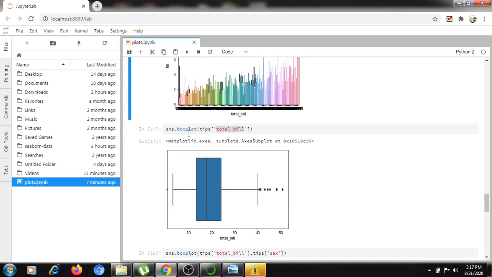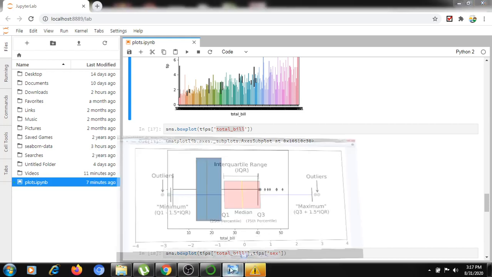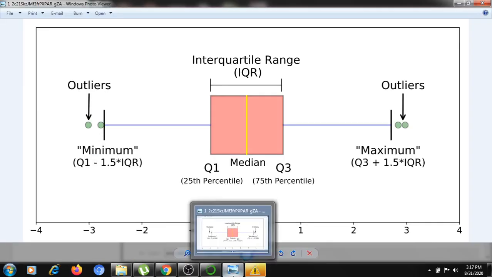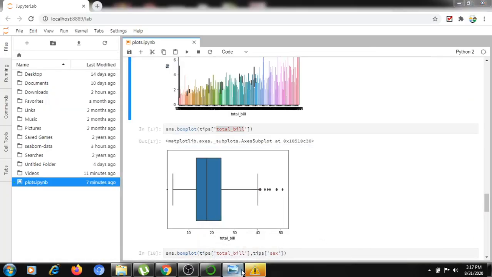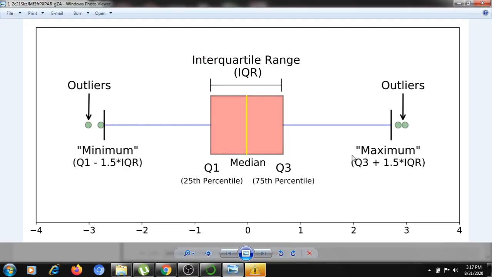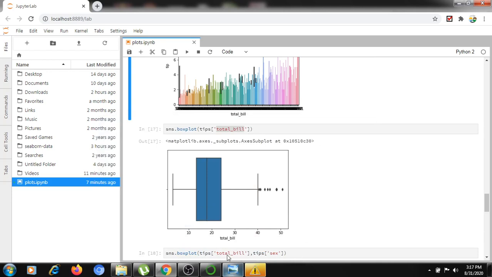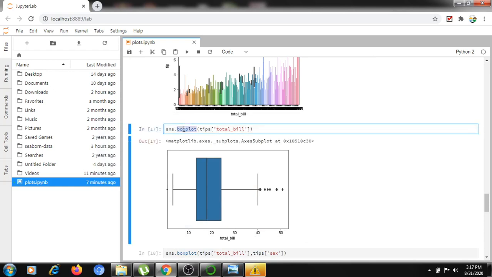Here I think we discussed the outliers and the min value, max value, Q1, Q2, Q3 from this diagram. The same way, if I want to represent the outliers, we calculate the maximum value as Q3 plus 1.5 times IQR, where IQR means Q3 minus Q1. That gives the minimum and maximum value for the total bill. Here I am printing the box plot using the total bill. Let us assume the total bill normal range is 0 to 40. The max value is 40, and above 40 is the outlier range. These are the outliers in the box plot.